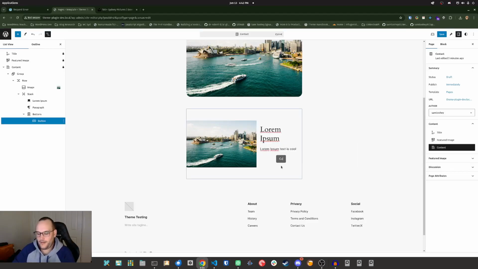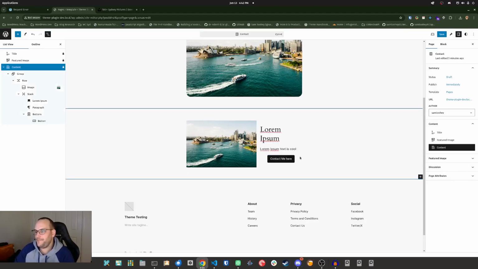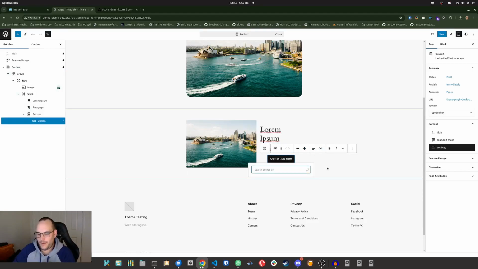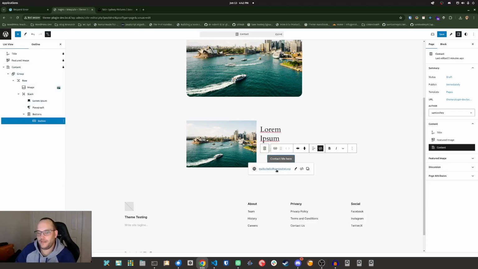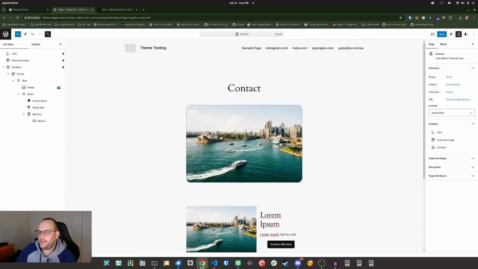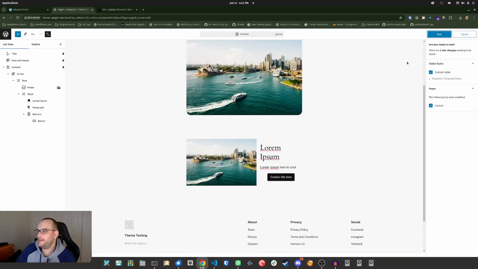But I'm just going to say contact me here, and I'm going to add in my link, and that's my email address. Done. So now that acts as our mail-to link, which if I click on that, I'll open my email client. And that's our basic, very simple call to action block. If I click save,